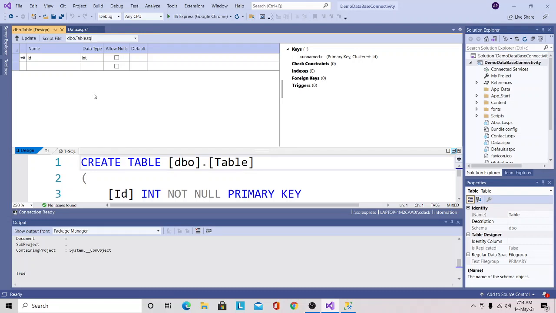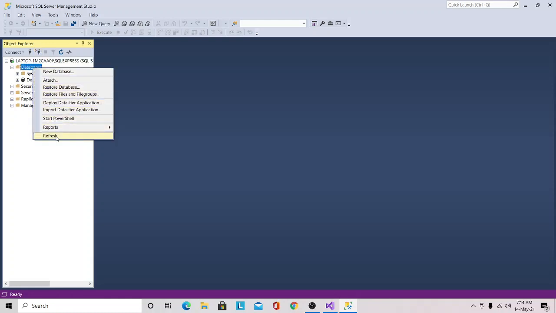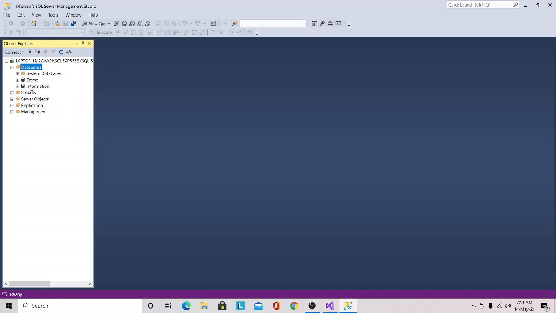You can also create this table using Microsoft SQL Server Management Studio. First, I will right click on Databases. I will refresh the databases. You can see the information database that I have created earlier.